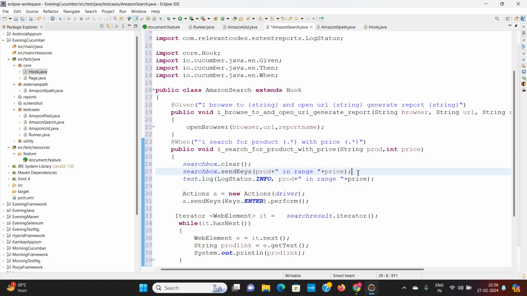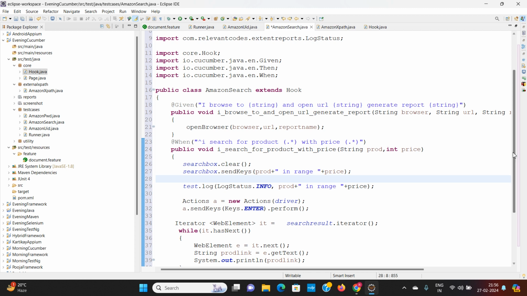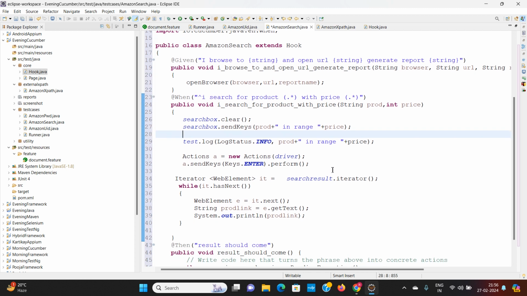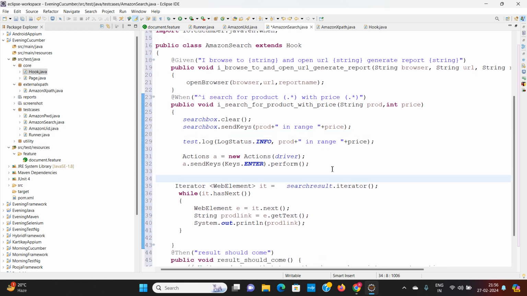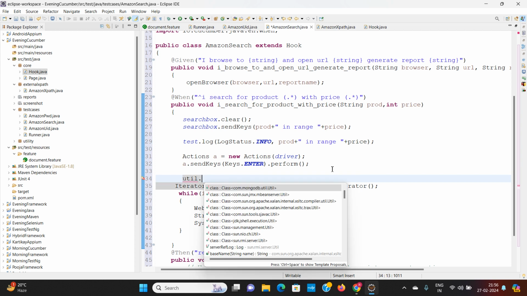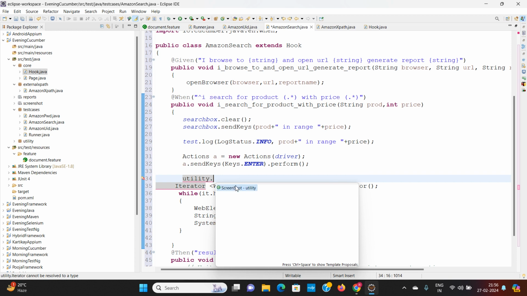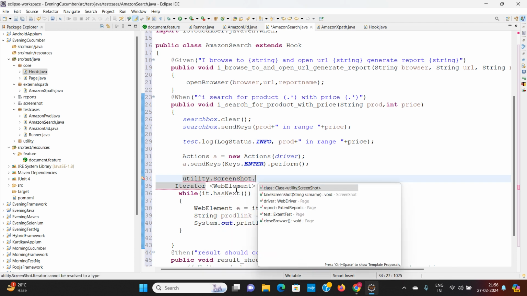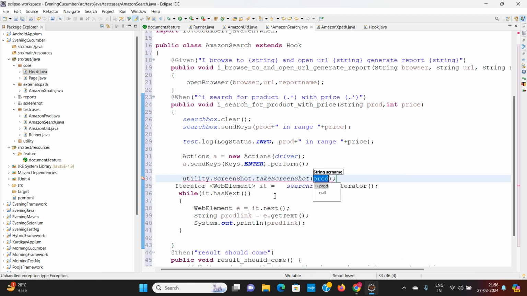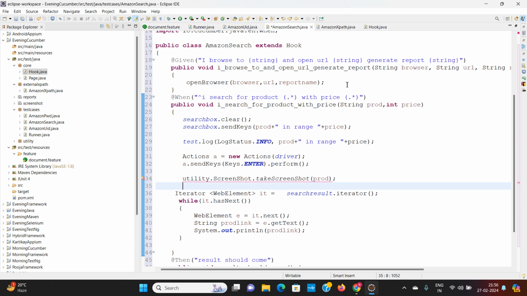Okay, and similarly, say after performing the action you want to take the screenshot, then again you can use the util package we have created, utility dot screenshot dot take screenshot, by the name of the product which we are searching.